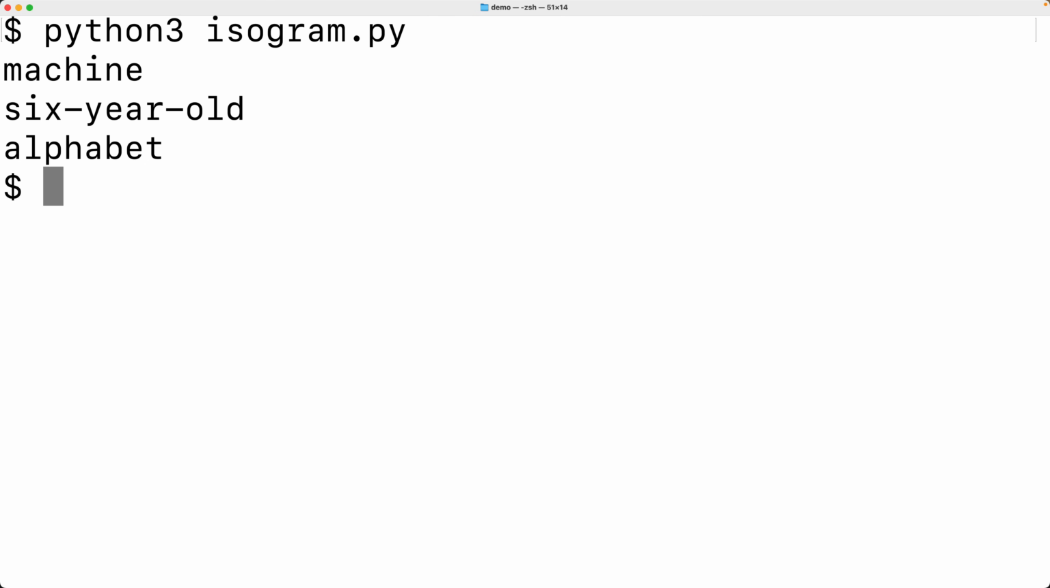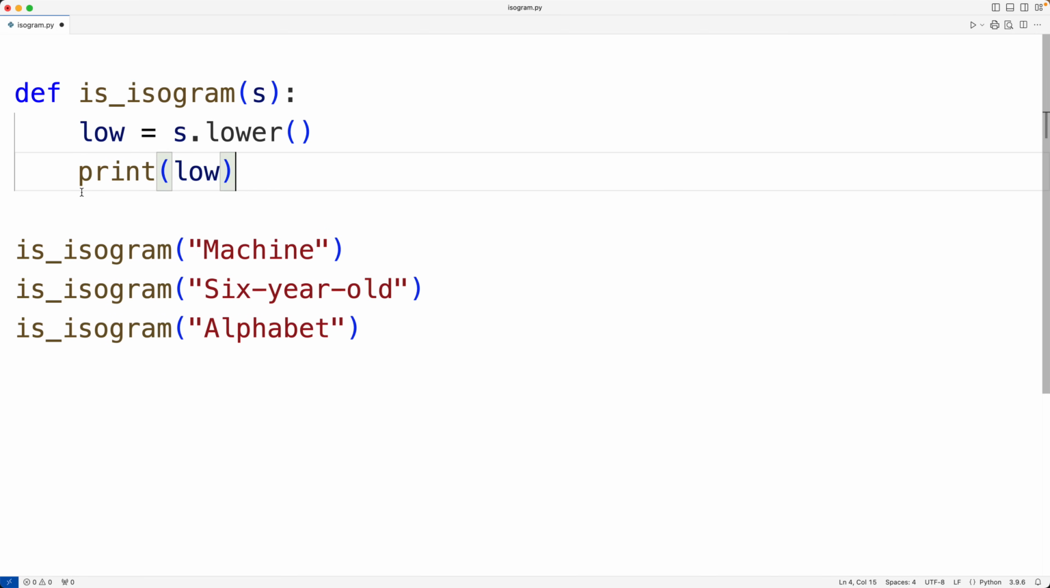into lowercase letters. Now to simplify our analysis further, let's filter out any non-letter characters like these dashes from our strings, because we only want to look at the letter characters when considering whether our strings are isograms or not. Let's use a list comprehension to do this. So over here, let's use a list comprehension. A list comprehension is going to produce a list using our string. So we'll have here car for car in low if